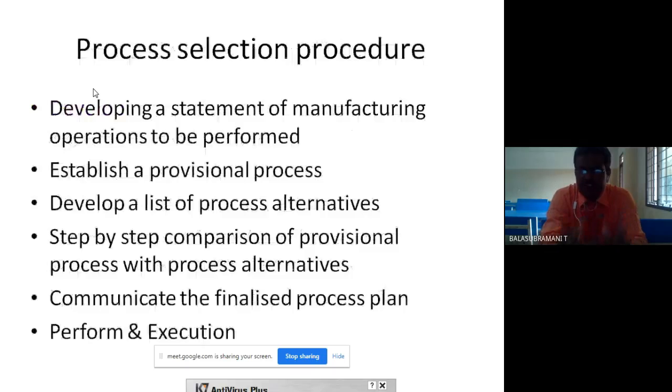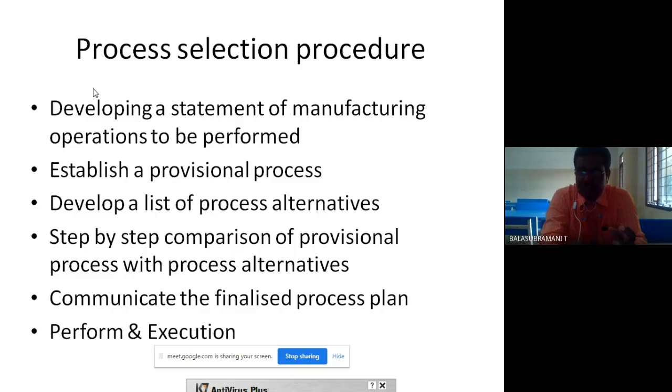What are the procedures for selection of the process? Here, in closing the topic, the procedure or method of process selection. First step, developing a statement of manufacturing operations to be performed.